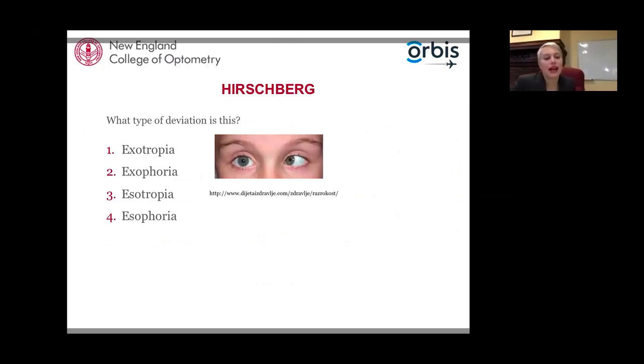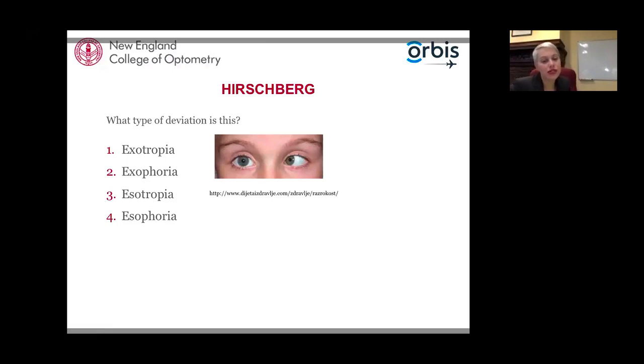So again, for the sake of time, we'll just quickly go through. Actually, no, I think we've got a little bit of time. Let's pose this question. What kind of deviation do we think this is? So we have exotropia, exophoria, esotropia, or esophoria. Yeah, beautiful. It's an esotropia, and you can see actually it's pretty dramatic, and so you can see that eye